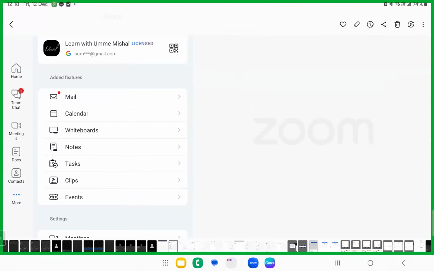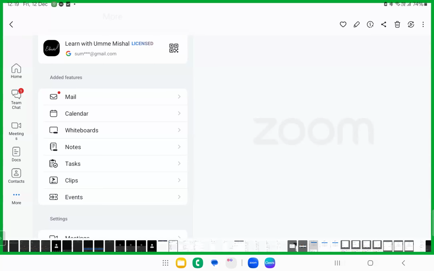Okay. Now this is a very important settings section, my dear students. Please, I just want you all to look into this. If I'm a host and you want to mute other participants, I'll show you. How to use the pen also, I'll show you. Just give me 1 minute. We are not inside the meeting yet. We are just doing the settings outside of this meeting. Outside things, we are just learning now. I'll show you inside the meeting. Just give me 1 minute.